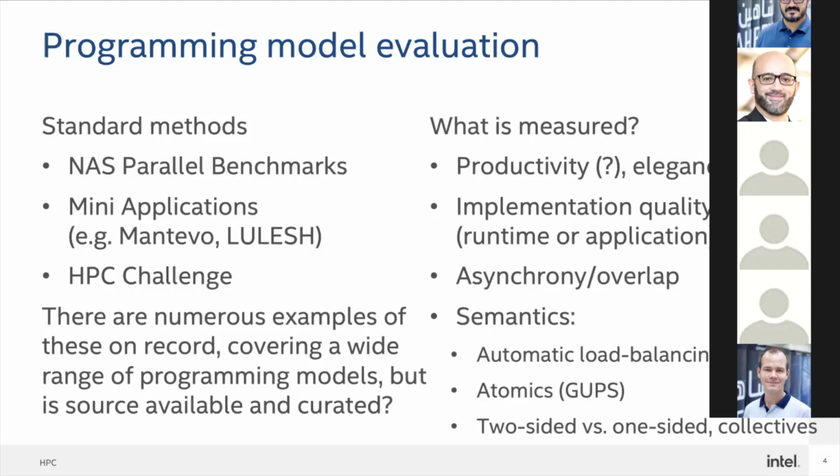And that's really what you'll see here is that, in contrast to a mini application, which is an important activity but a very difficult one, Lulesh might be a couple thousand lines of code. The essential part of a PRK is anywhere between 3 and 12 lines of code, and that's fundamentally different. We learn different things. Clearly, we learn less about some properties like complexity and software and whatnot, but we learn more in the sense that you can do a lot more studies and you can do a lot more ports.